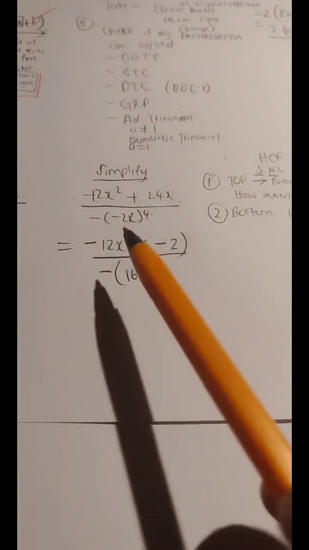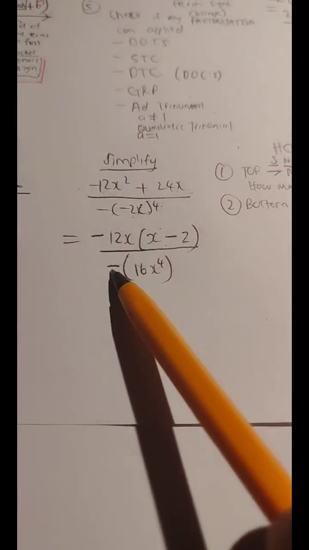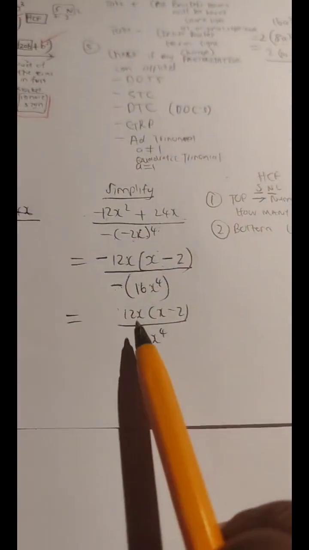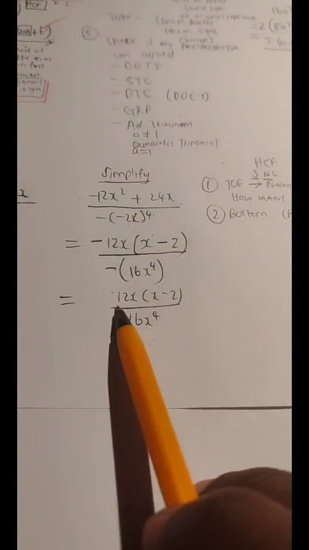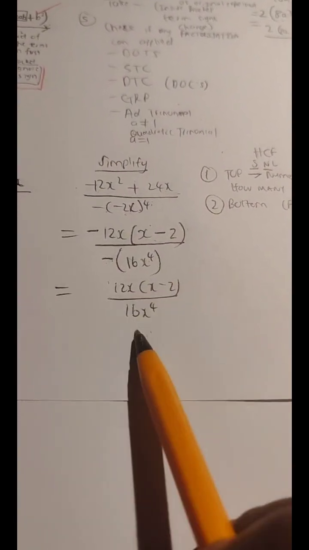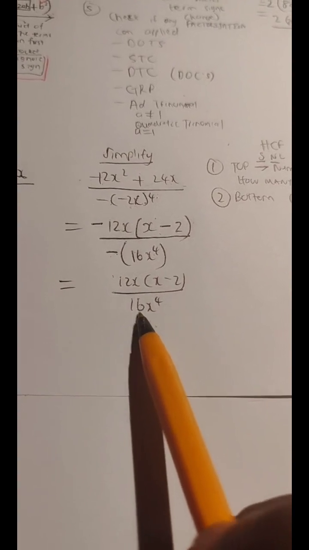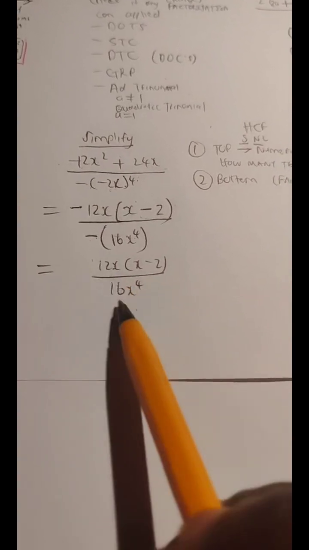Now, what I'm going to see here is that a negative divided by a negative is positive. In the numerator, I have one term. In the denominator, I have one term. The negative divided by negative gives me a positive. So I'm going to actually just now deal with two positives. The numerator that's positive and the denominator that is positive. Now I can actually simplify,